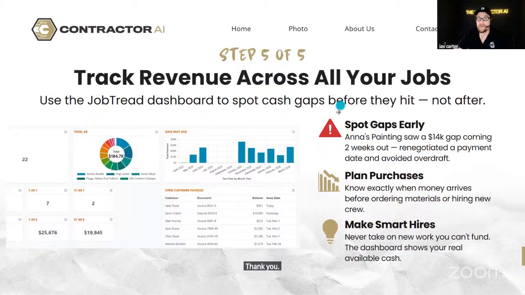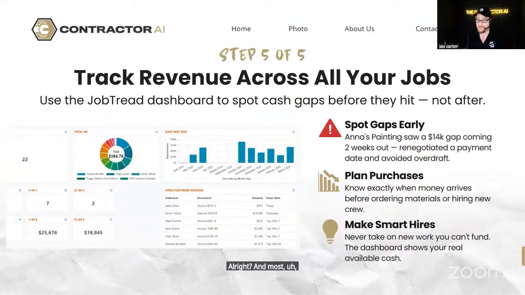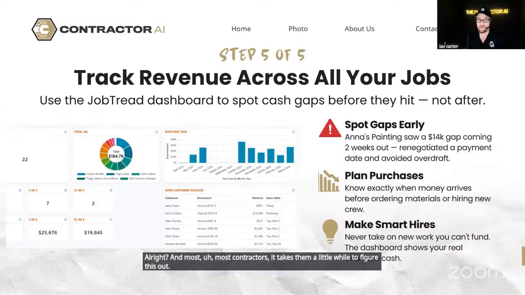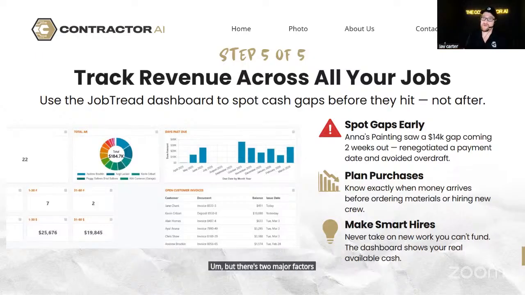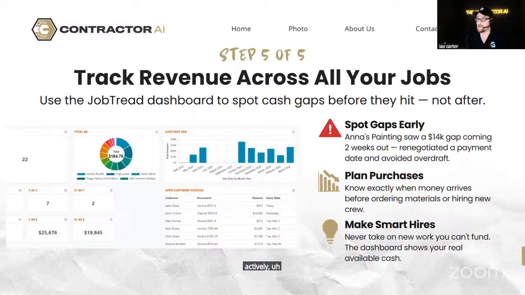Right. So again, as you go through this process in building out these schedules, one of the most important things that all contractors need to be aware of, in which JobTread is a phenomenal tool at doing. Most contractors take a little while to figure this out, but there are two major factors that we want to be on top of. The first major factor that we want to be on top of, if you're the PM, you want to be actively monitoring and have in your site,